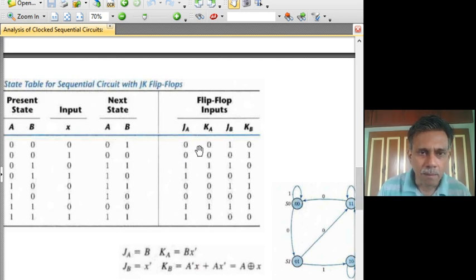Here, by looking at these two values, we fill this column A plus. Here J and K are both 0. If it is 0 0, A should not change. The flip-flop will not change. So how do we fill this up? By copying this A onto this. So you have to look at this and find out what will be the effect on the flip-flop, and look at A and then write out A plus. This is how we have to do. Maybe a little tedious, because you have to correctly look at these two, find out what happens, and then the corresponding A, and then fill up this one.